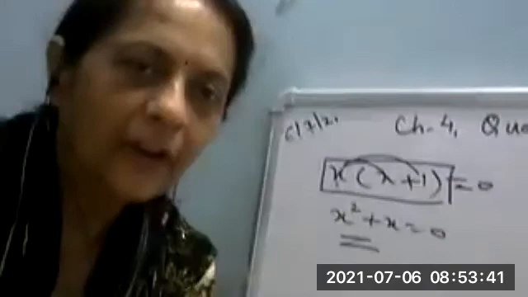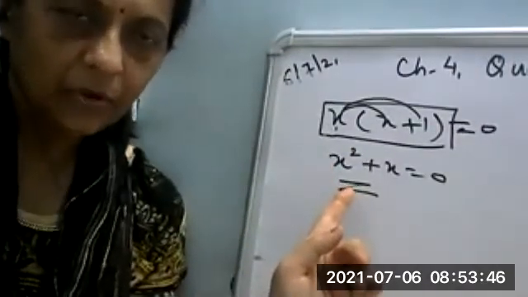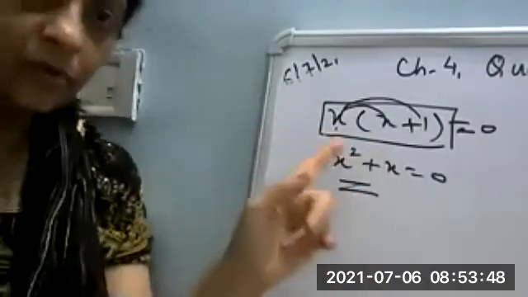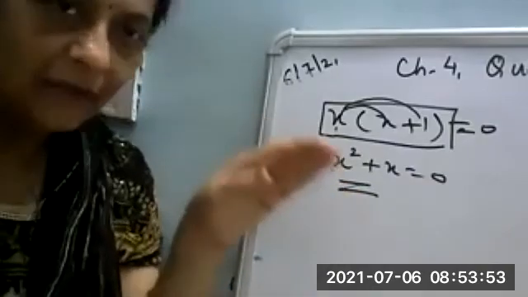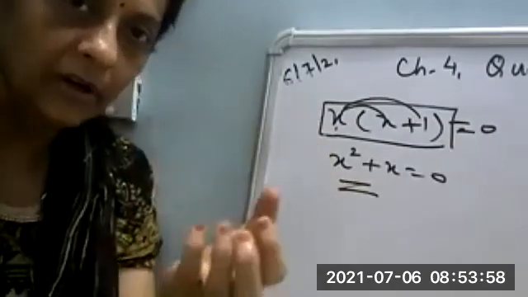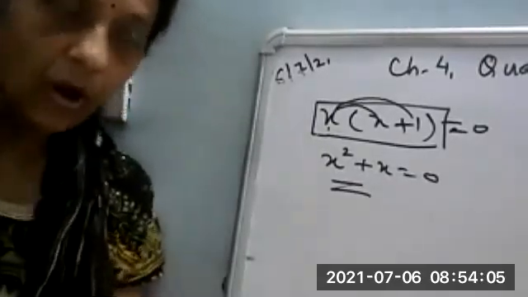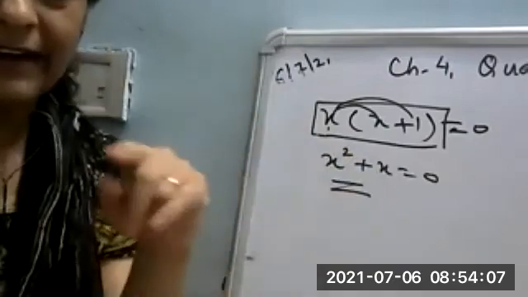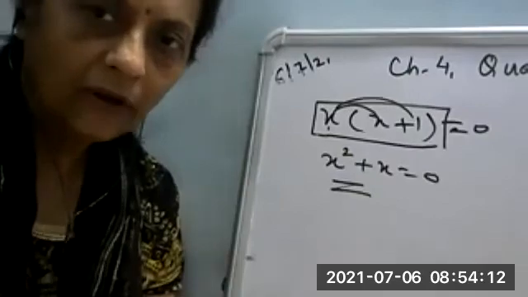So you have to see this bit. This is important here: if you are given any form like this, and the question asks you to identify it as a quadratic equation or not, then you have to see what we finally get after solving the bracket. Whatever we finally get, you have to check the degree of that leftover portion. If the degree is 2, it will be a quadratic equation, otherwise not. We have to simplify this bracket. Always you have to simplify the given form and then finally decide with the degree. If the degree is 2, it will be a quadratic, otherwise it's not. All of you understood?